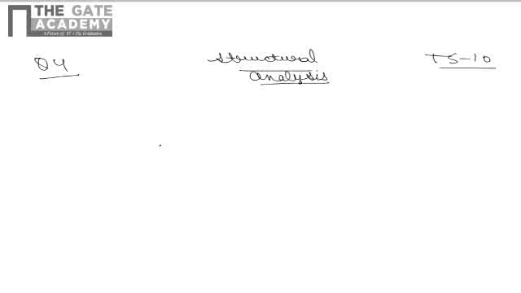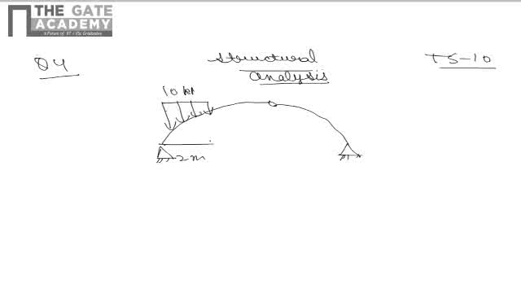Question number 4 of test series 10 is from structural analysis, and in this question a beam is given, an arch is given, that is a 3-hinged arch which is having pinned support at both ends and uniform load which is acting at distance of 2 meter of 10 kilonewton per meter, and reaction at B is 32 kilonewton